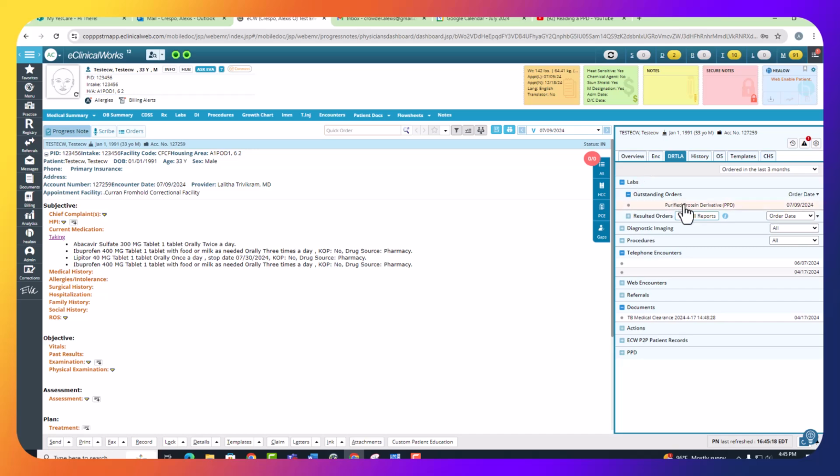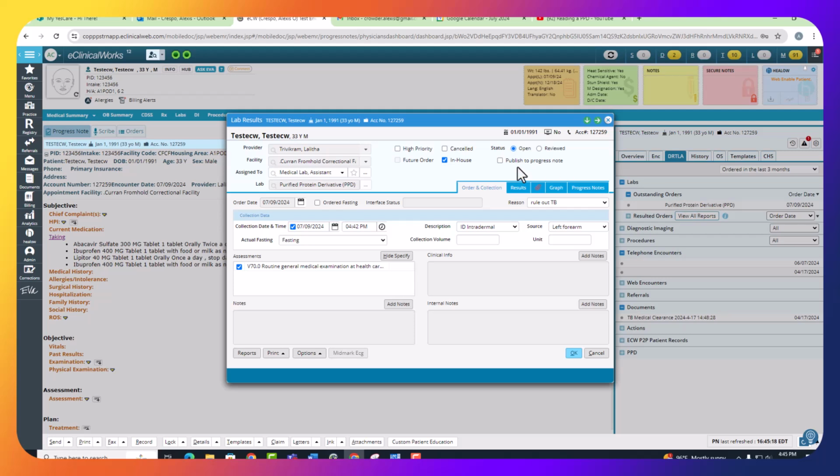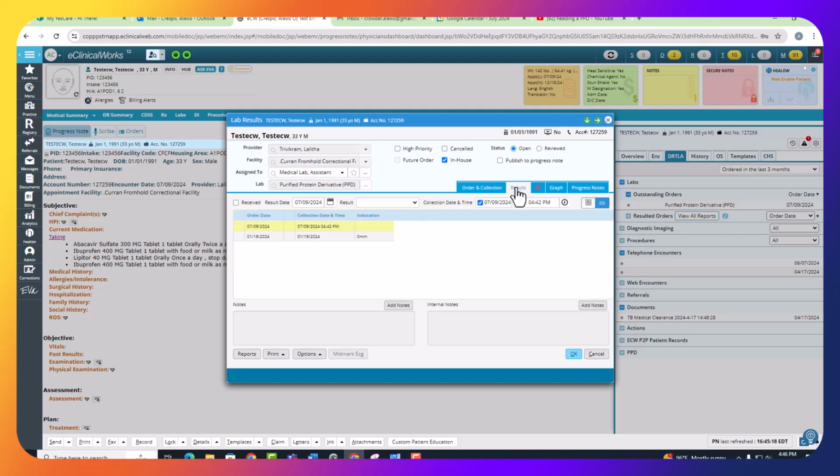Under labs, you want to click on the purified protein derivative. And when this window opens, you want to document the results of the patient's PPD skin test. So you'll click on the results tab. The date received will be the date read, assuming that is today. Your result for your patient is either going to be negative or positive. Okay, and then you always want to document your end duration